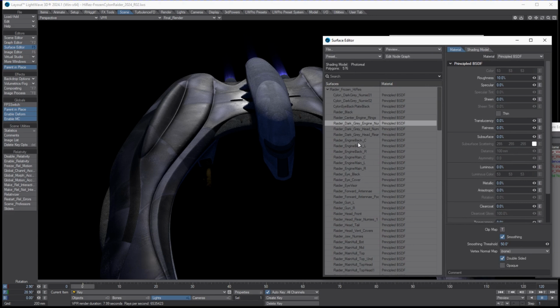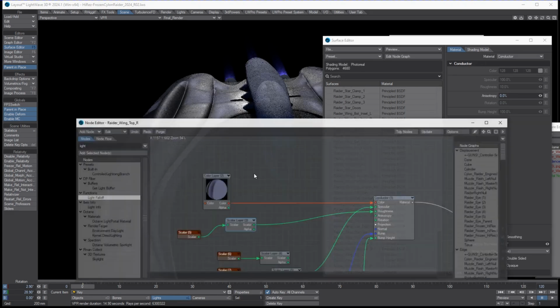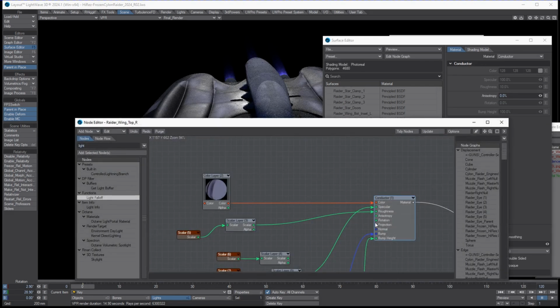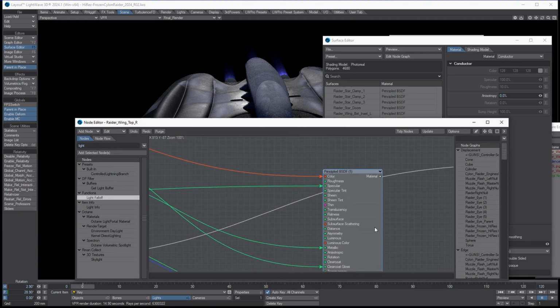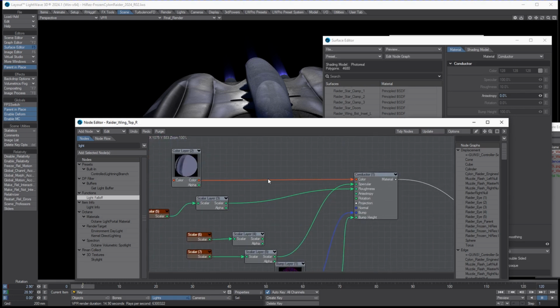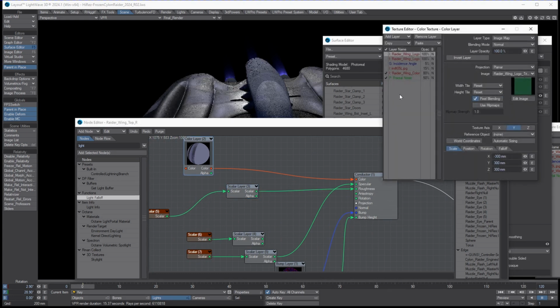And I guarantee you that the nodal input for doing something like this will be a heck of a lot simpler if we'd already started with one of those theoried systems. If you remember, we were looking at the surface of this and taking a look at conductor. There aren't really a lot of inputs here in comparison to, say, the standard material or the BSDF one. And if we already had a texture set that made sense for that type of material, we'd find that a lot of this would be reduced greatly. We wouldn't need to go into a huge, large amount of texture layers. The scalar layer would be quite simple,